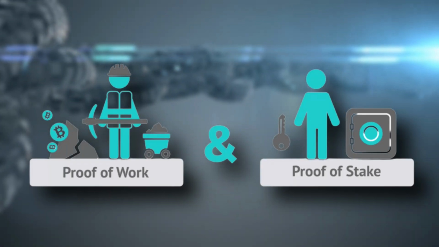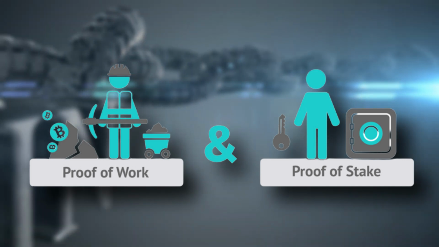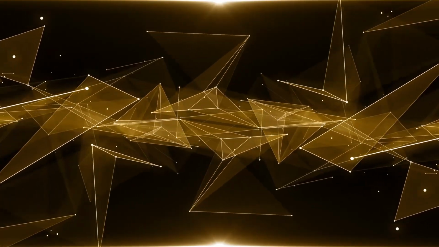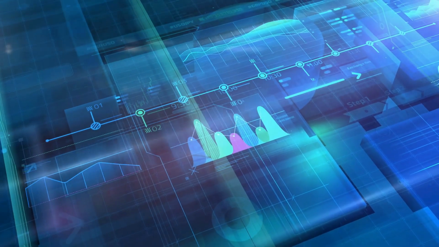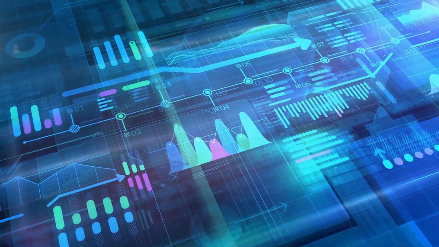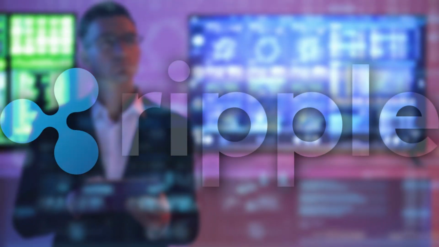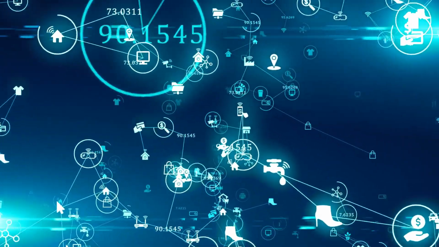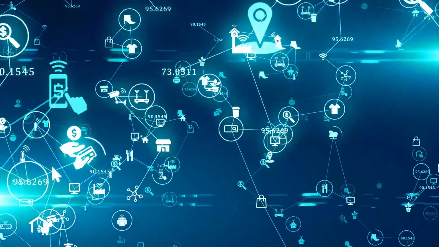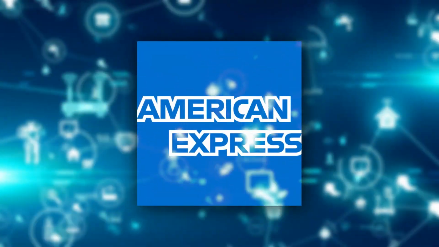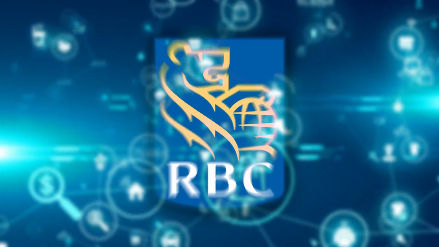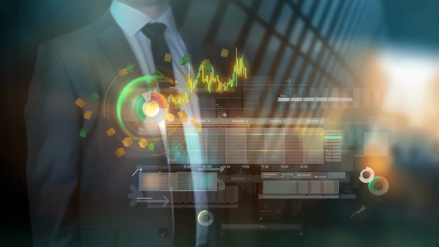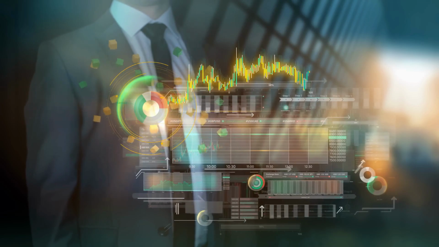Traditional algorithms for reaching an agreement, such as proof of work (POW) and proof of stake (POS), hinge the formation of trust in nodes on either the amount of processing power they possess or the value of their balances. In Ripple, trust is established based on the reputation of the owners of node validators, which can be financial institutions or other recognized businesses: Axis Bank, American Express, Royal Bank of Canada. In order for transactions to be validated, the validators need to achieve a consensus on the veracity of the transactions.